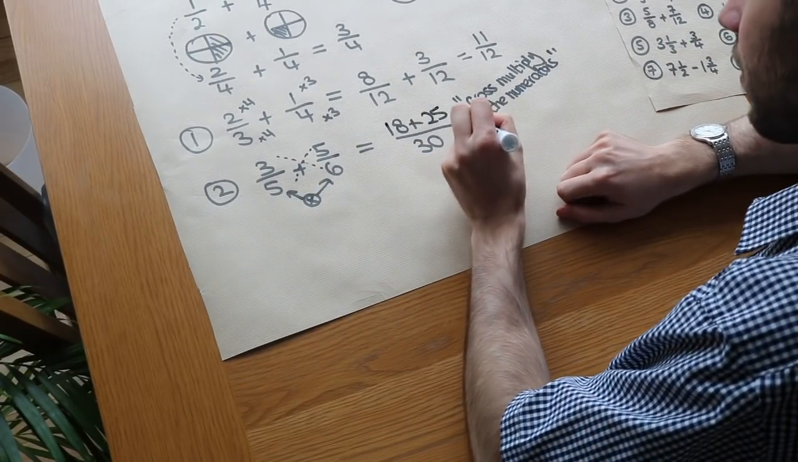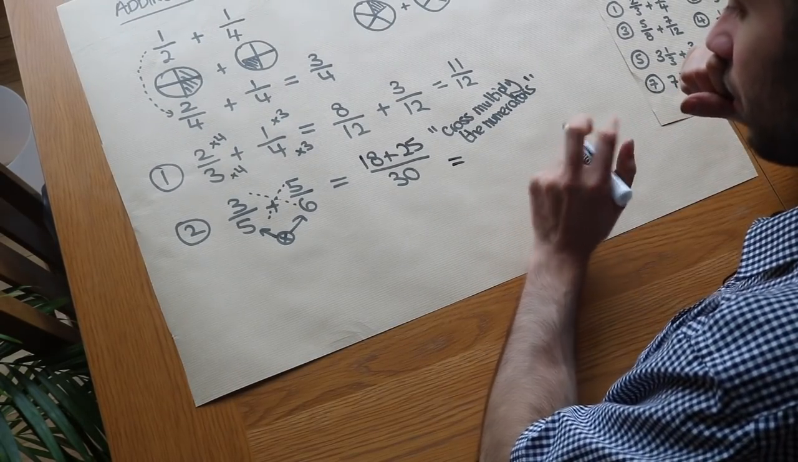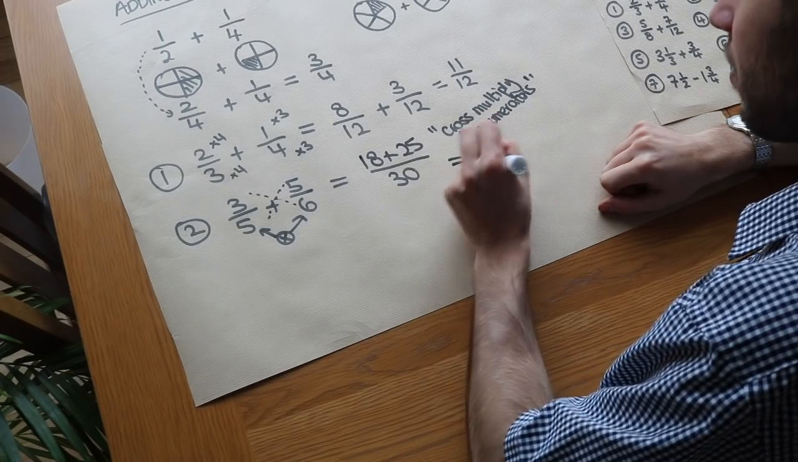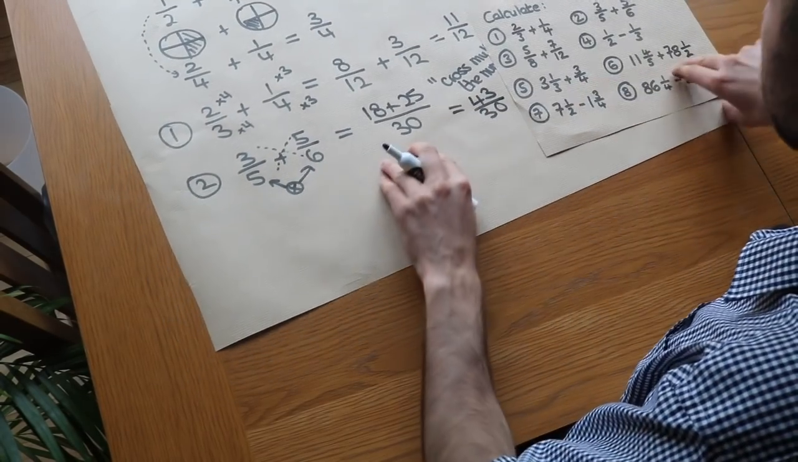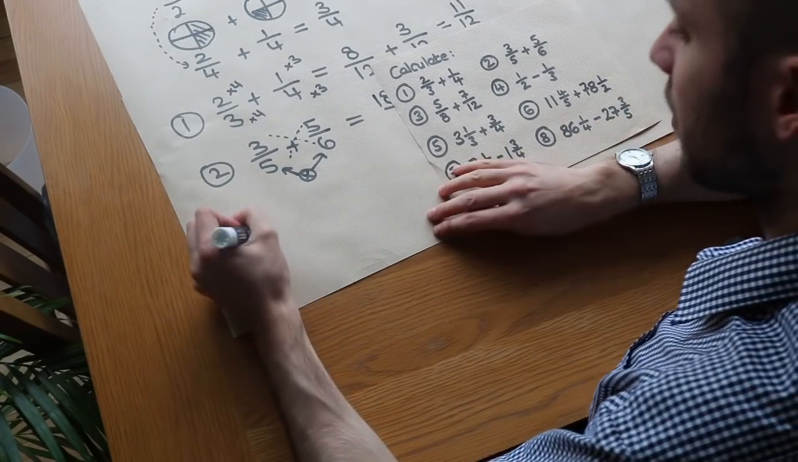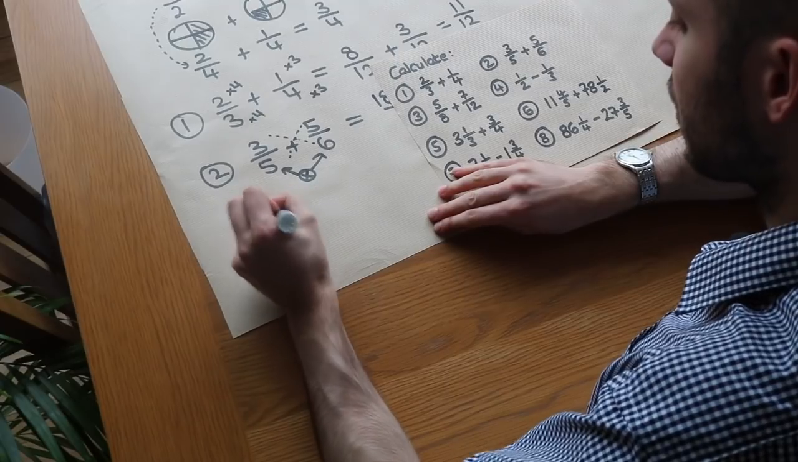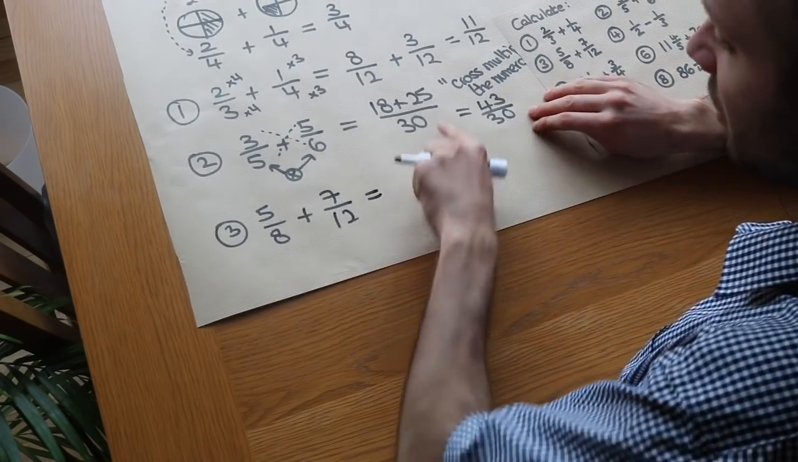And then if I just simplify that, 18 plus 25 is equal to 43, and it's still over 30. That's a slightly quicker way you could do it. But beware, that sometimes doesn't give you the simplest fraction. So for example, if I use that method on this, 5/8 plus 7/12, if I use this new method of